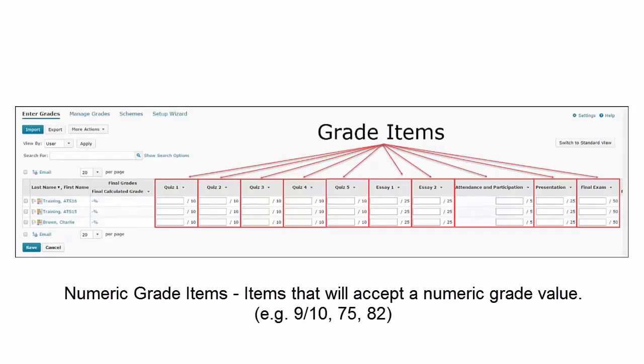numeric grade items. Numeric grade items are the most commonly used grade item type and are appropriate for any item to which you're going to assign a numeric grade out of a specified total number of points. So, for example, you want to score a student a 9 out of 10, a 75, an 82. Any time that you will be assigning a student a numeric grade, you will need to select this numeric grade